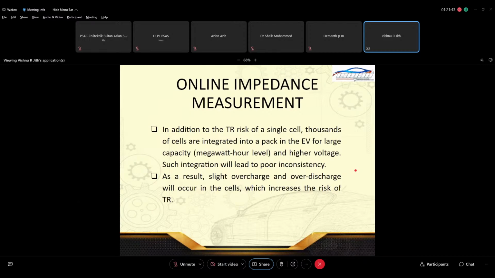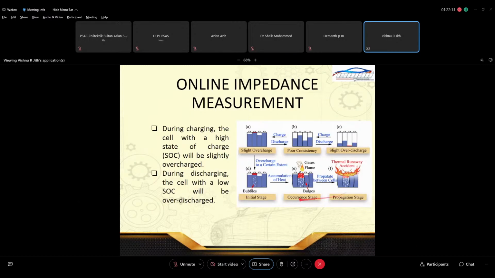online impedance method. In addition to the risk of the cell, output cells are integrated into a pack in the EV for a long capacity and higher voltage. Such integration will lead to poor inconsistency. As a result, a slight overcharge and over discharge will occur in the cell, which increases the risk of thermal runaway. So here you can see during the charging process,